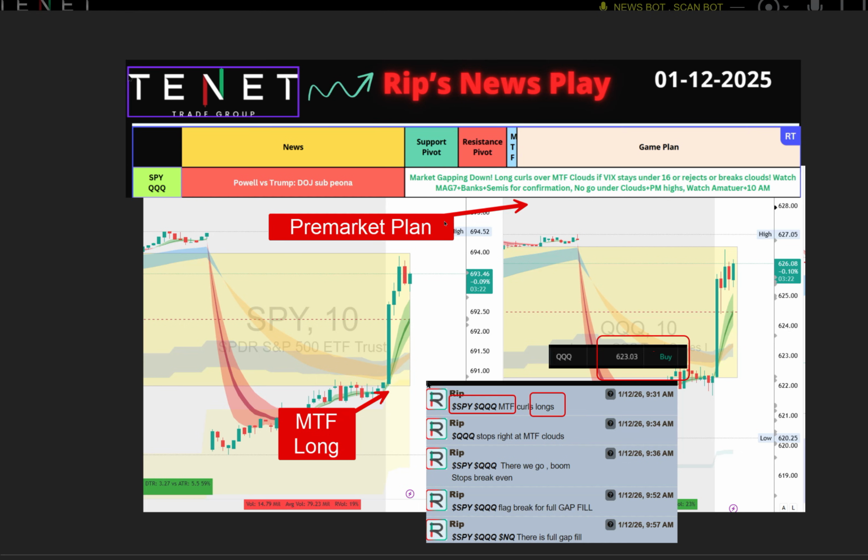The key on a day like today is you need to hold as long as Ripster clouds hold, or you roll with the profits to maximize your profit, because we are not going to get days like this every day. But next time you see this opportunity of gap fill either to the upside or to the downside, you do not hesitate. You use Ripster clouds, you use VIX, you use my teachings and the concepts. Watch the Ripster SPY QQQ playlist so you can also trade successfully, and you can trade this for all your lifetime. Let's go to the next one.